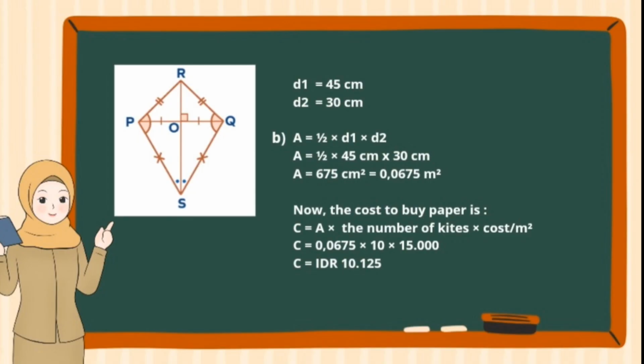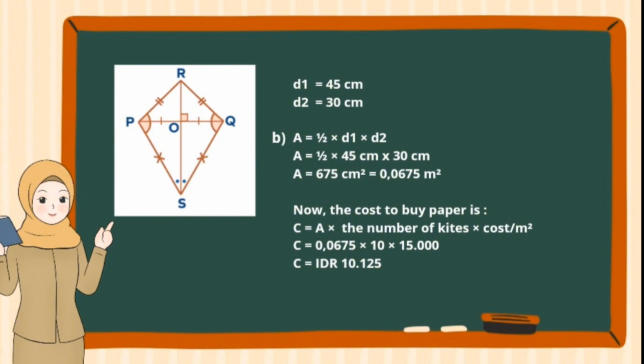Next, to find the cost of the paper, we need to find the area of the kite. The area of a kite can be calculated using the formula area equals a half times diagonal 1 times diagonal 2. Area equals a half times 45 cm times 30 cm. So, the area of a kite is 675 cm square